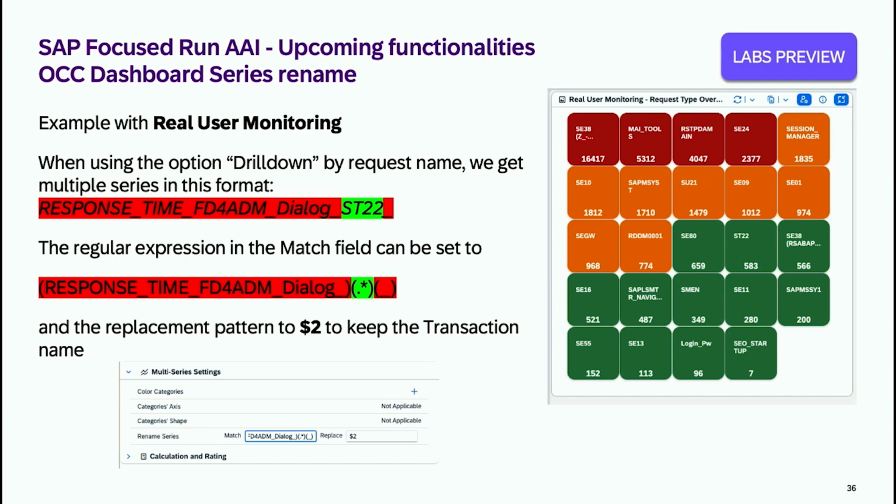We are using capture groups to isolate parts of the series, and then you can decide what you want to keep. In this case, for example, we are using 3 capture groups. The first is response time, and so on, until dialog underscore, and then we use a capture group to take everything else, and we also want to isolate the final character that we don't want. So in this case, the replacement pattern is 2, because it's the second group, and like this we can